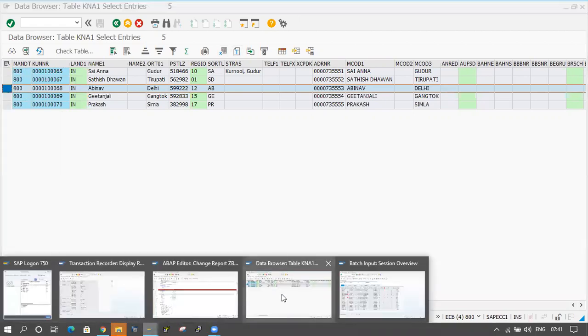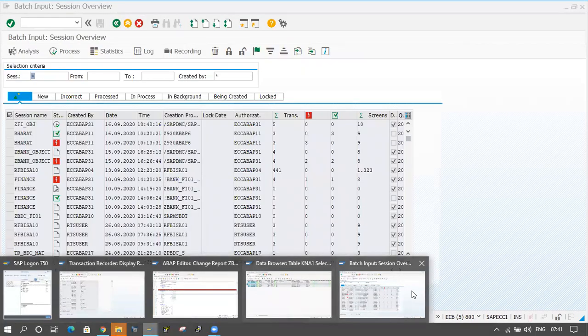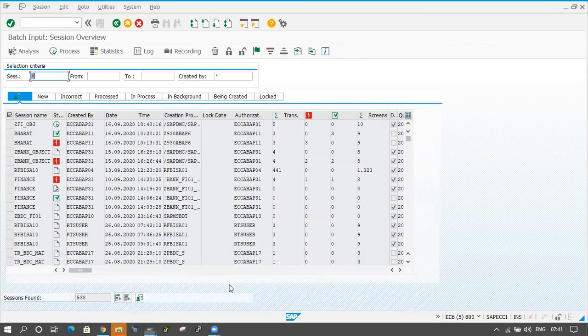And if you go to the SM35 transaction, the session name that I have given is not coming here. I want to check that one more time, but it is not coming here.